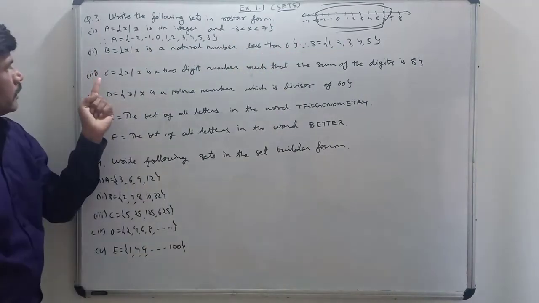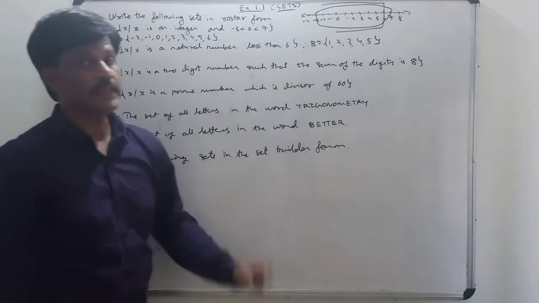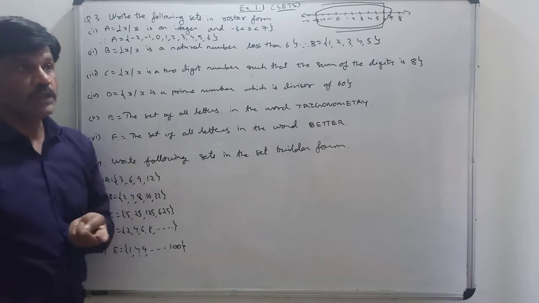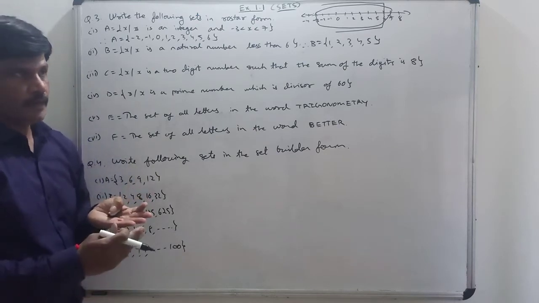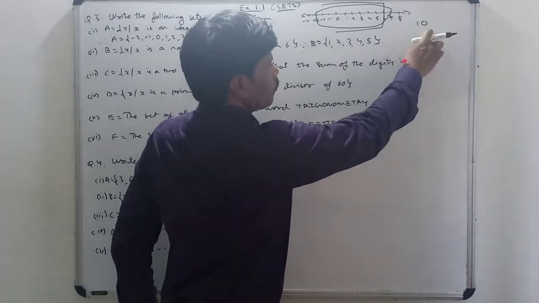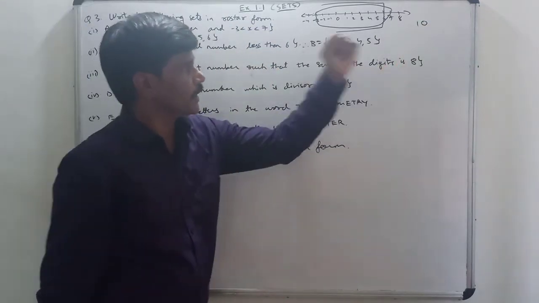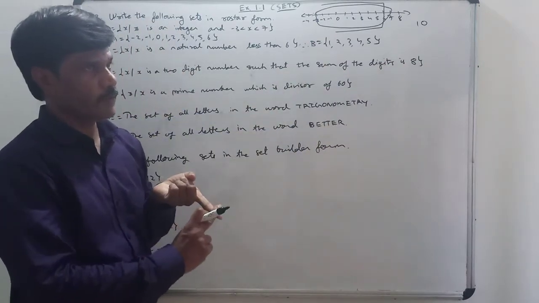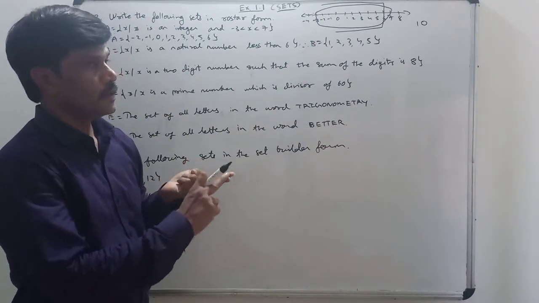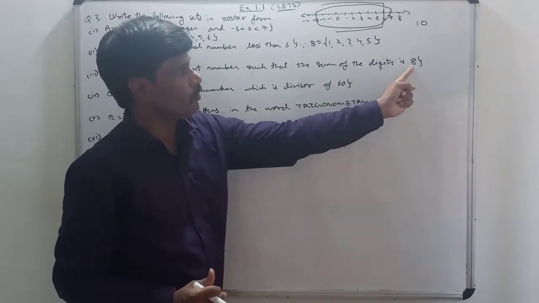Third, C is x such that x is a 2-digit number such that the sum of the digits is 8. So what are the 2-digit numbers? They start from 10. If I write 10, there are 2 digits, 1 and 0. 1 plus 0 is how much? 1. But we want the sum to be 8. Then think about 11: 1 plus 1 is 2, no, we don't want. Then 12: 1 plus 2 is 3. Like that if we move on,